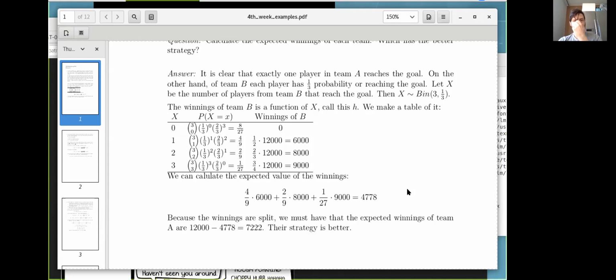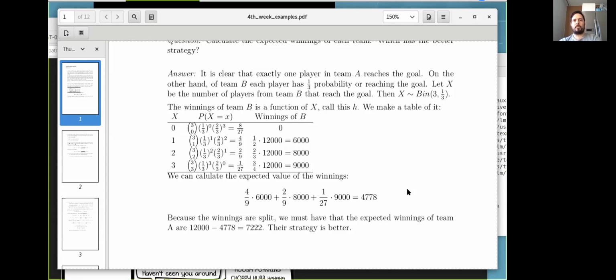We're not going to go into the theory of games here, but game theory is a very fascinating branch of mathematics, if you will. It has a wide range of applications, for instance in economics and all that. And here the idea is that if both teams have the same strategy, then they're going to have the same winnings.